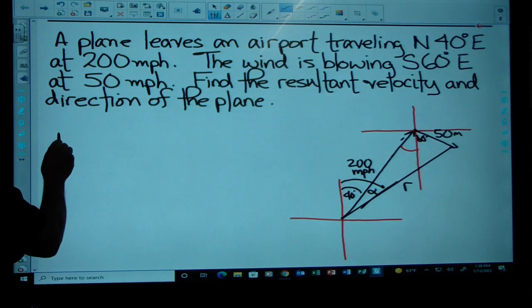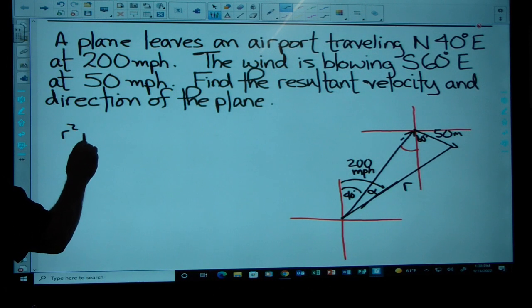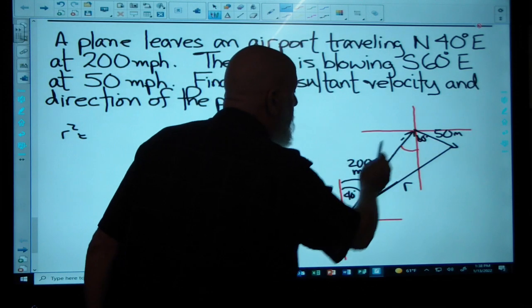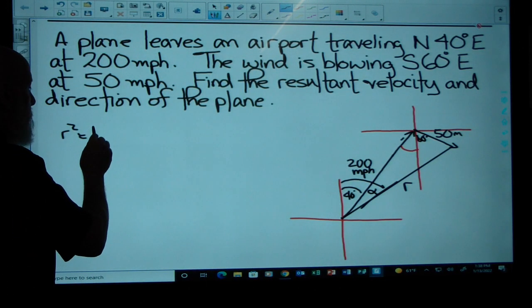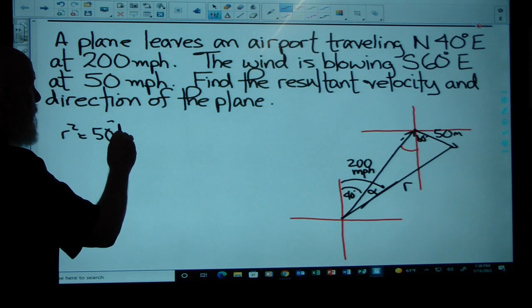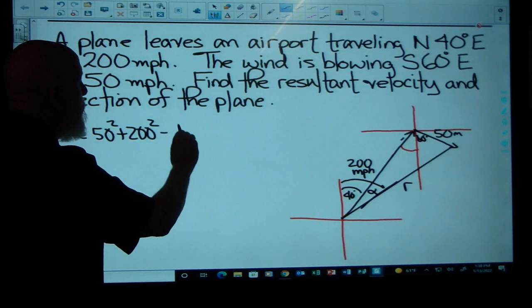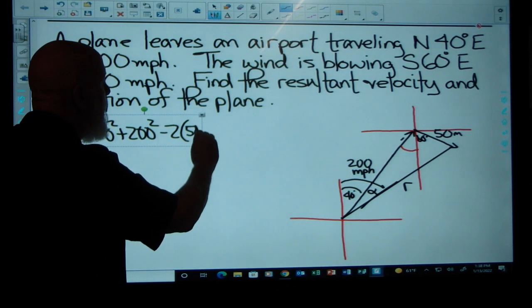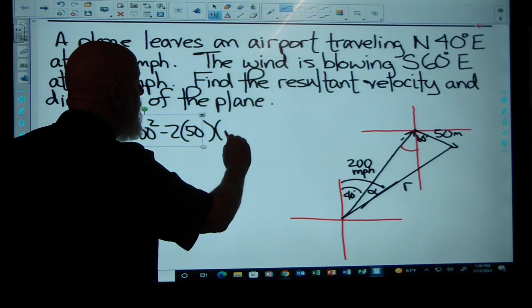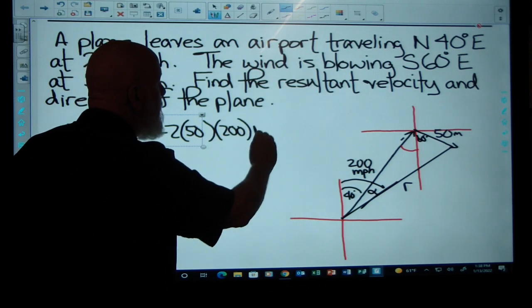I'll say r squared is equal to 50 squared plus 200 squared. This is the law of cosines that we did before. 50 squared plus 200 squared minus 2 times 50 times 200 times the cosine